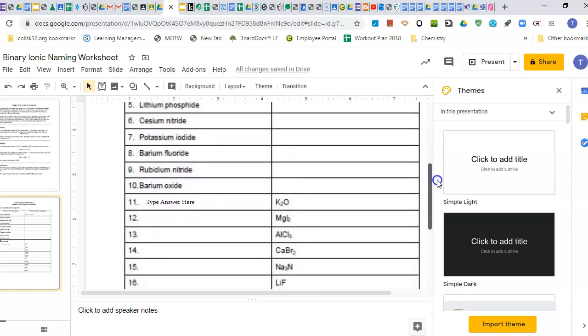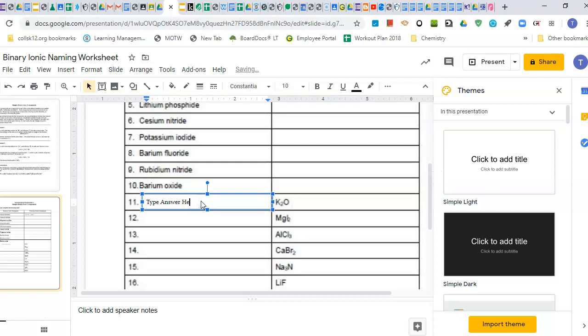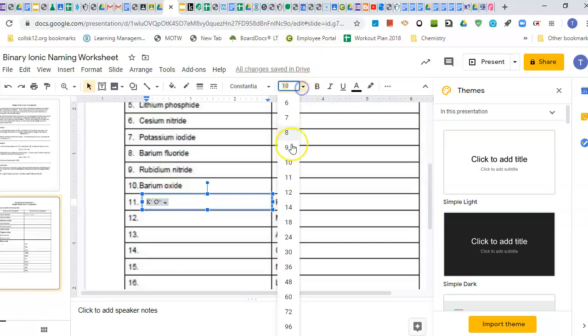Now I'm going to scroll down and do an example problem from down here. Remember, when you go into your text box, double click to type the answer here so that you don't accidentally delete that text box. And we're going to be doing K2O. Now, if we flip our charges back up, we're going to get K+ and O2-. Okay, so K+ and O2-. And again, we're just getting practice with flipping our charges. So I'm superscripting them again with the control plus function,